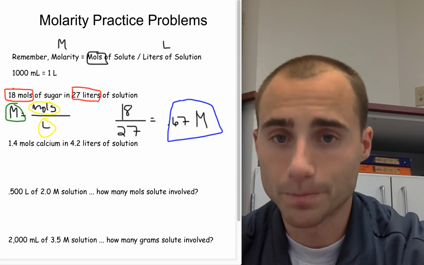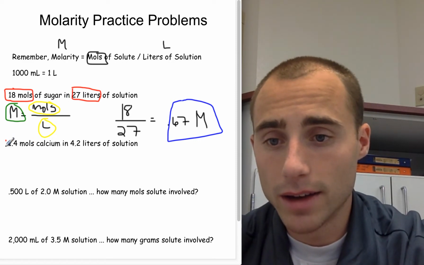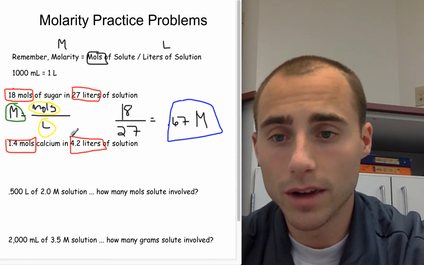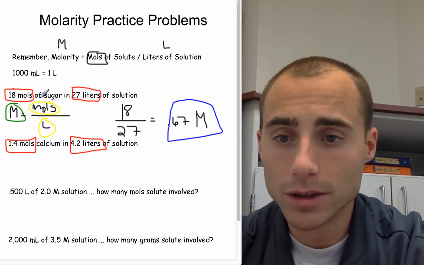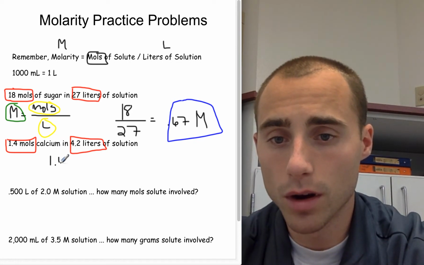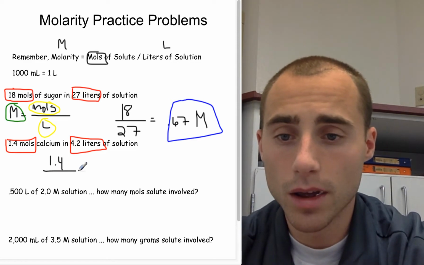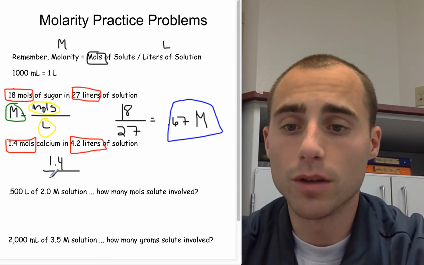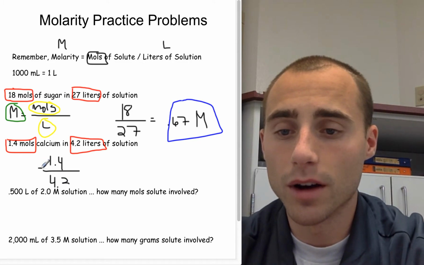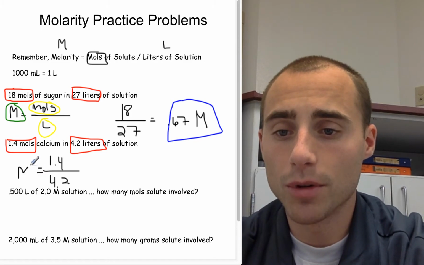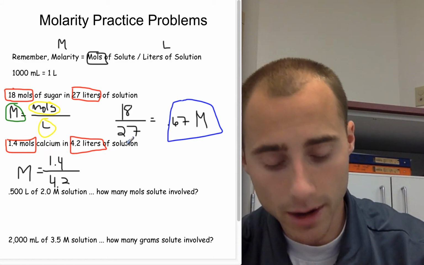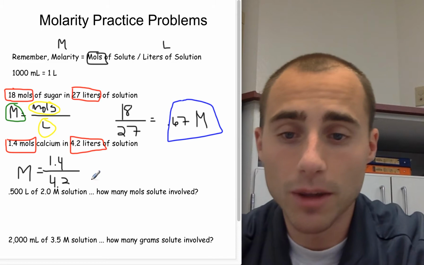So let's look at our second one. First thing we do, identify the numbers we are given. We are given 1.4 moles and 4.2 liters. Look back at our original equation. Moles will go on top. So we have 1.4 moles on top, and that will go over 4.2 liters. So because we've been given those two numbers, that means we are solving for the unknown, capital M, molarity. So all you do then, 1.4 moles divided by 4.2 liters, you're going to end up with a molarity of